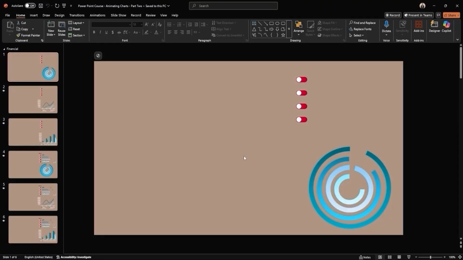In this session, we'll continue right where we left off in part 1 of the previous session and add the final labels and animations to complete the charts. Let's quickly take a look at what we're trying to accomplish.